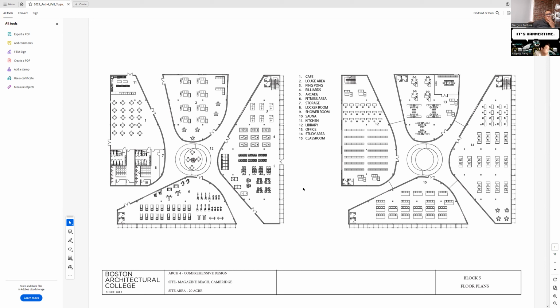First of all, I'm showing the floor plans of this. My design idea is to have four independent buildings. The site is at Maxine Beach, Cambridge, and we are putting a cultural center or a recreation center on the site. We can put our building in any location in the park. The idea is to invite people in four different directions, with four independent buildings,